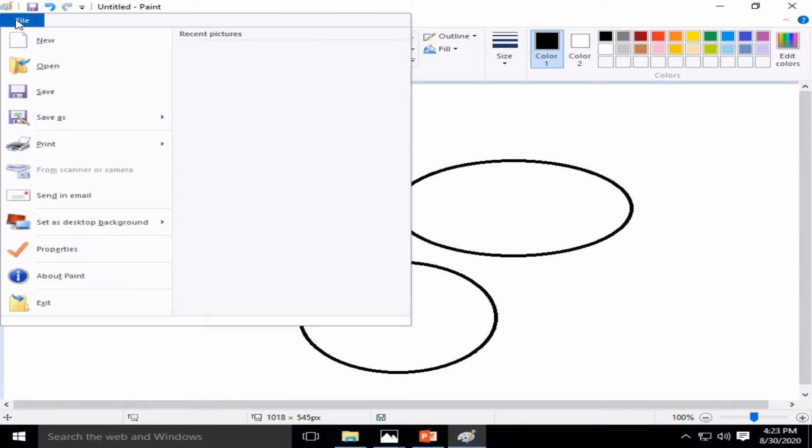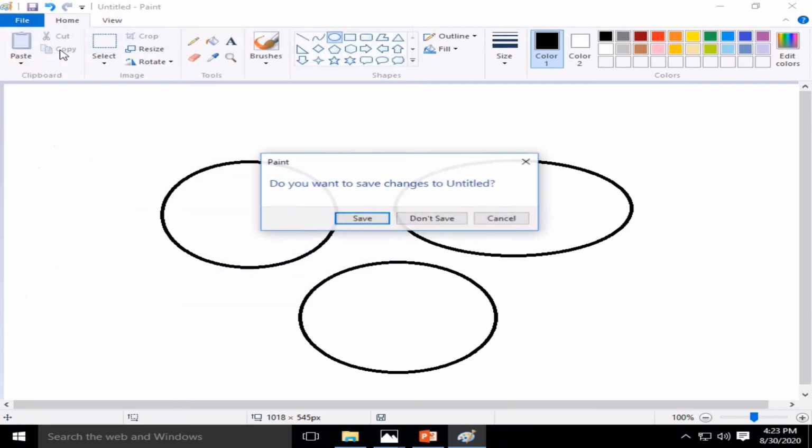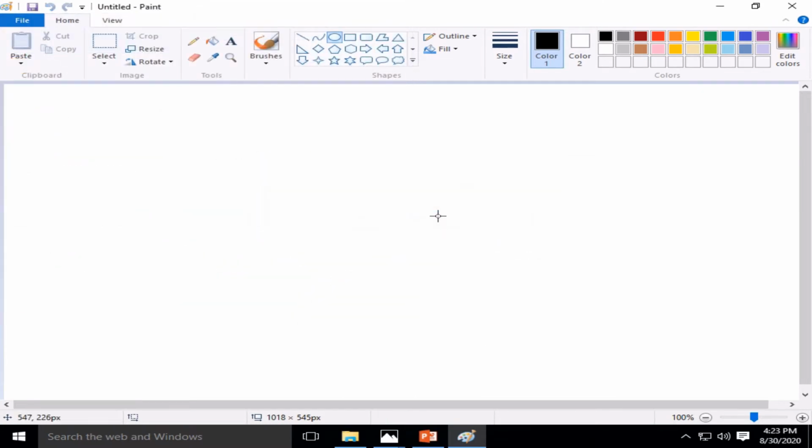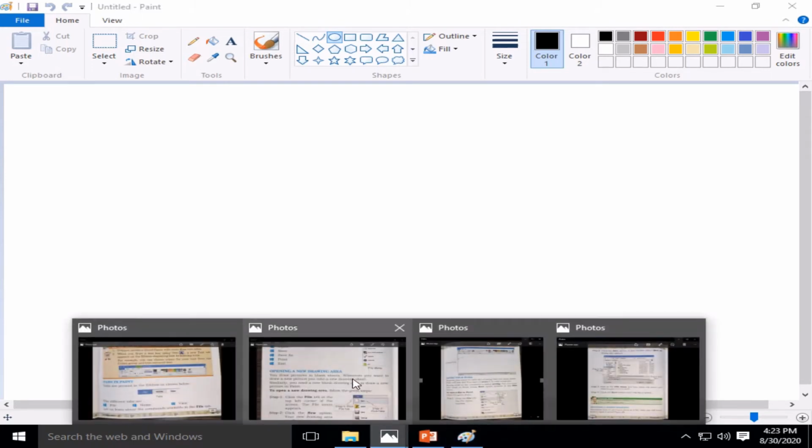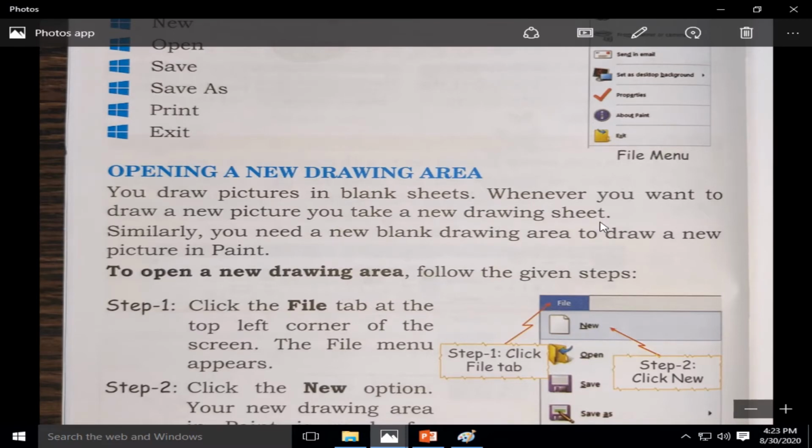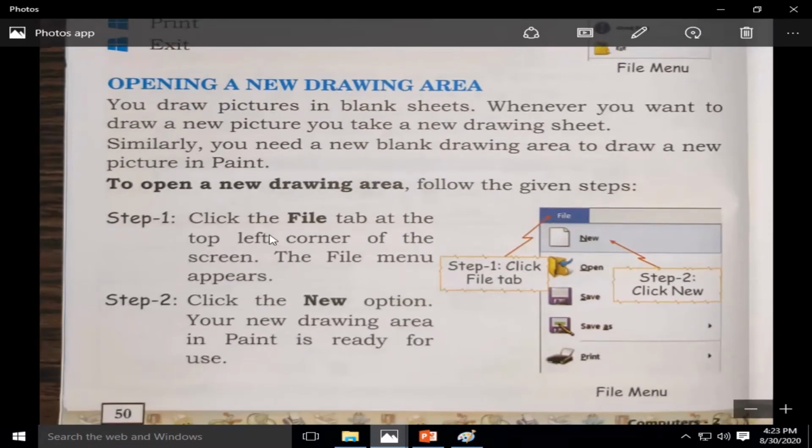So click on File tab and then click on New. This is the new file. So whenever you have completed one drawing and you need another drawing sheet, you have to click on New option. Let's read the steps.